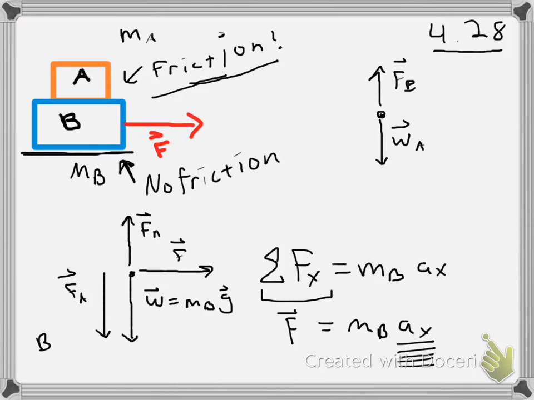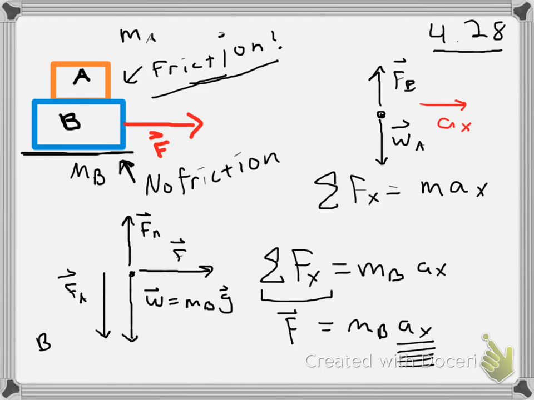Au contraire. The problem is, I'm going to break my own rule for free body diagrams, is that we're told that the system is moving together, and we found out from block B that the system is accelerating. When I said I'm going to break my rule, I'm going to put an acceleration on here. I'm going to erase it though, so it's okay. So I have an acceleration of block A in the x direction. And from Newton's second law, if I write down Newton's second law for this block, so I'm going to write it down here,